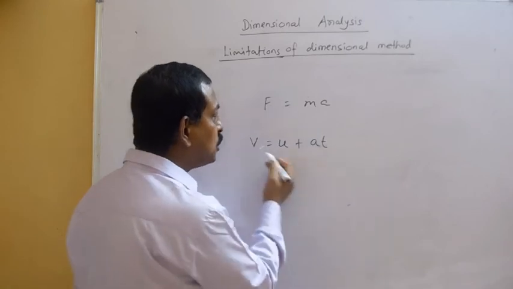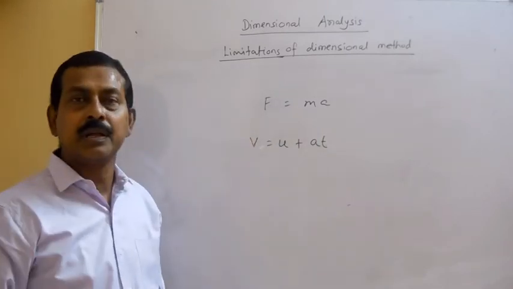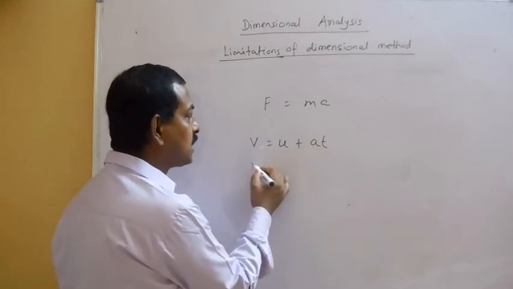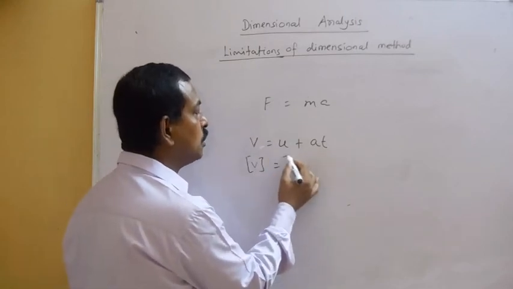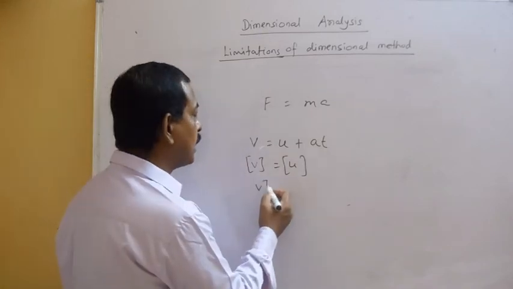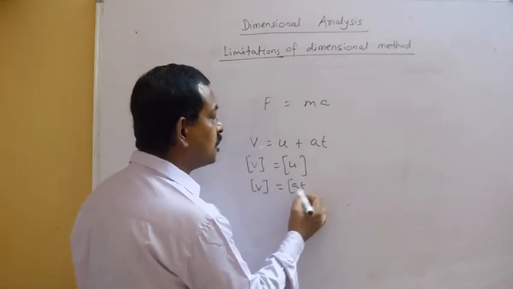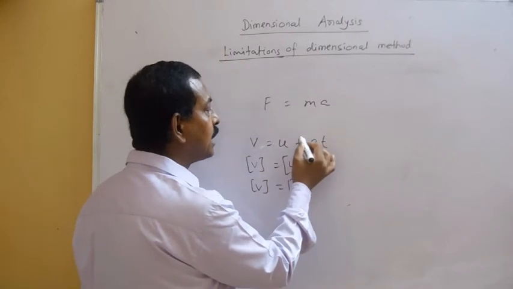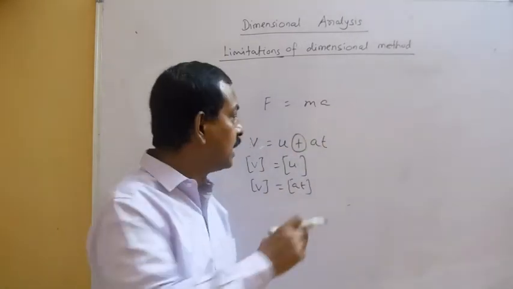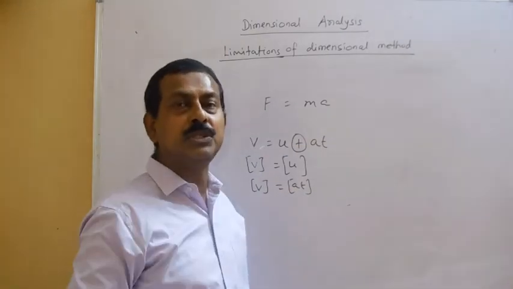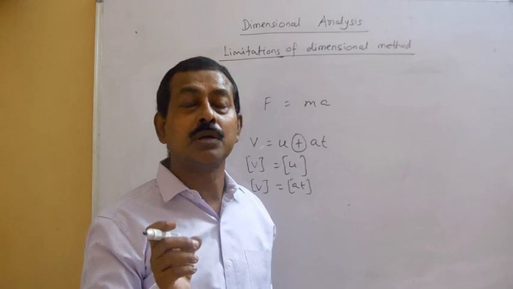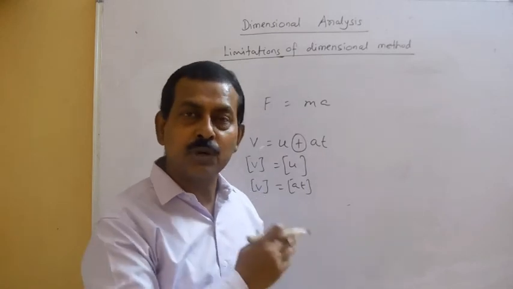the dimensional method and try to get this relation, that V equals U plus AT, we will never be able to get that. Maximum you will get V equals U, because the dimensions will be there. Then either you can get V equals AT, this dimension you can get, but you can never get the relation that V will be equal to U plus AT, because if you take the dimensions of both hand sides, it will just come out the same, and you are not adding these functions there or taking the difference there. So you cannot get this relation.